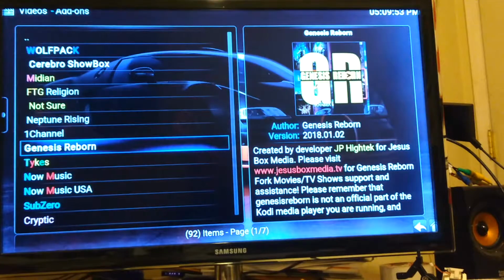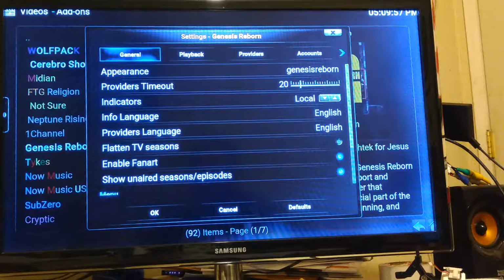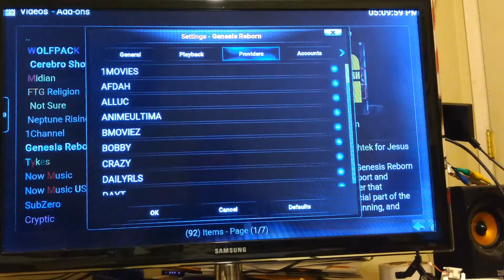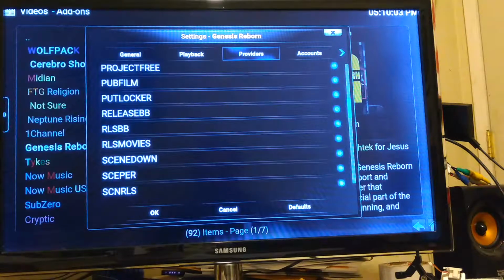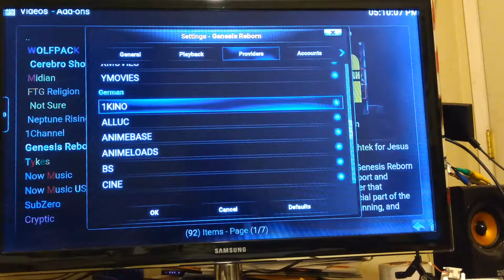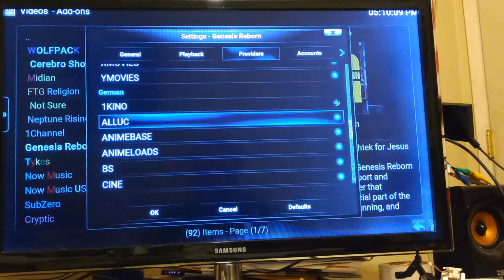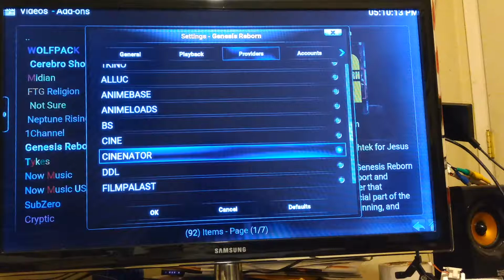Let's see, something else I like to do. Go back into settings. Go to providers. Now we're going to come down here. All of these are English. Now here, this is German. I don't speak German, so I'm going to get rid of these strings. This will make the search. All you do is just check it. Make it blank. And